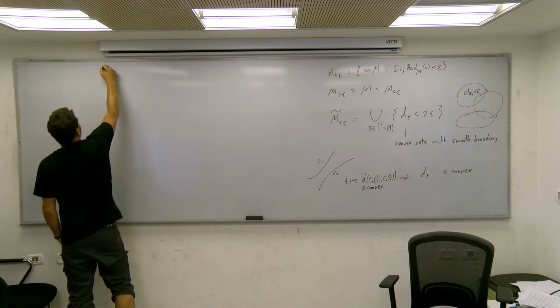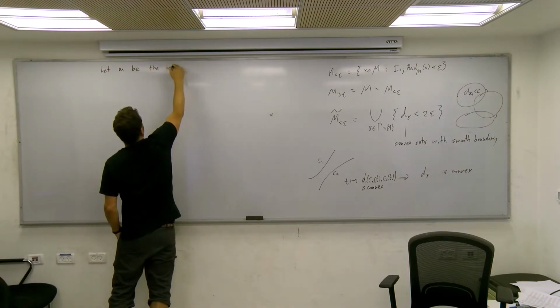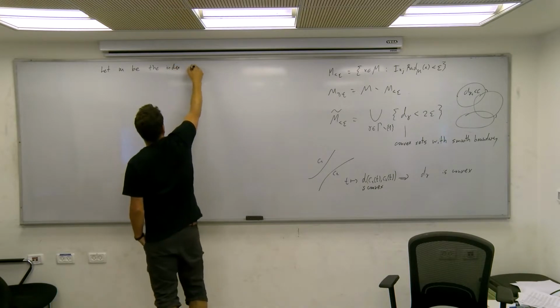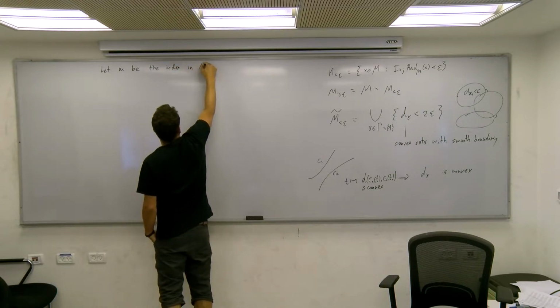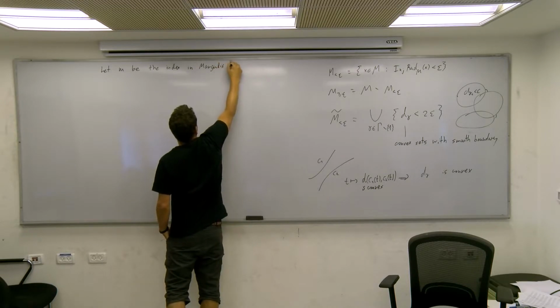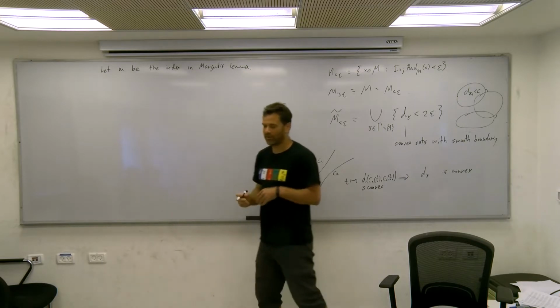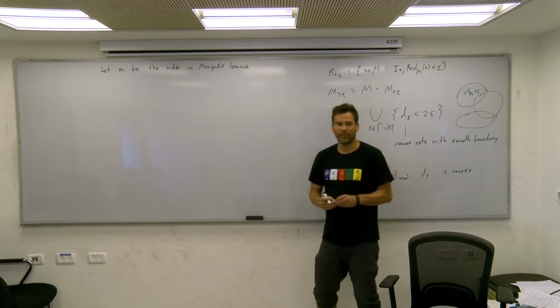In fact, let M be the index in the Margulis lemma. Before I said that I will not need it, but I think I will need it. So there is some M depending on the dimension,